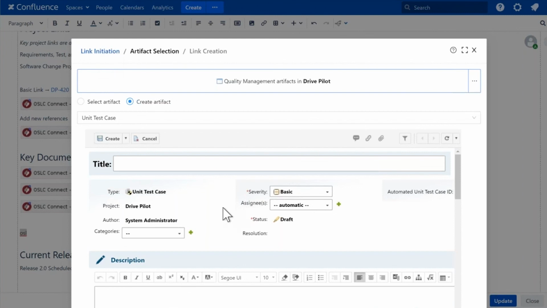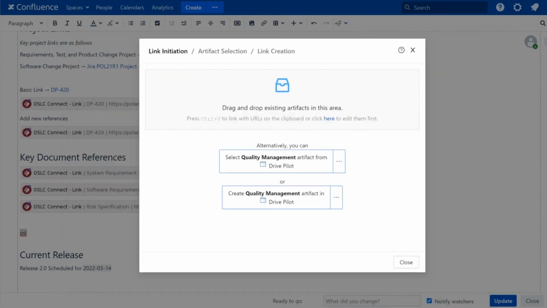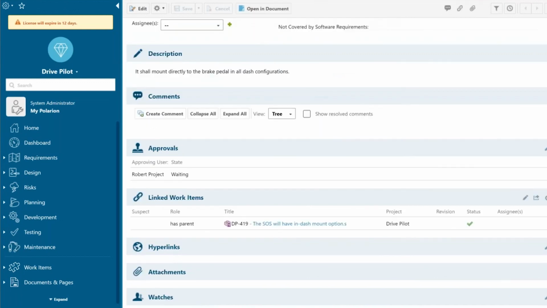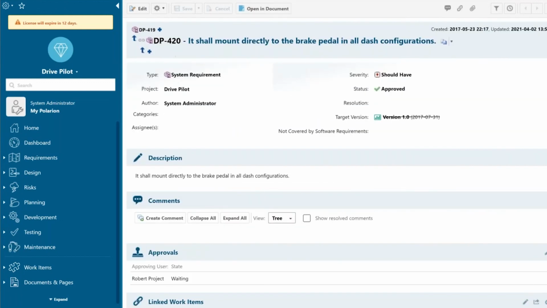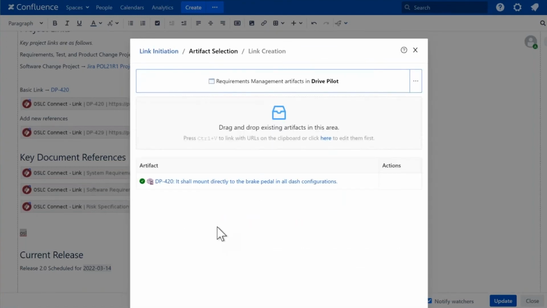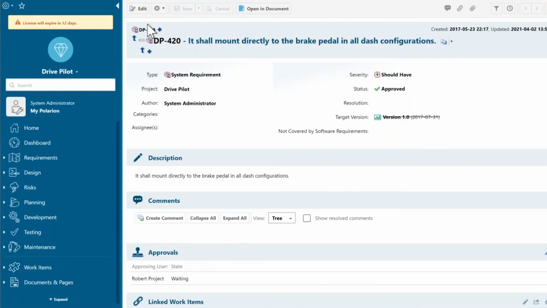And then one other thing, so now we have access to that. The other thing that we did that we knew was going to be important for a lot of our users was the concept of drag and drop. There are often situations where we have new artifacts, or we have artifacts we want to create a relationship to. We already have them open in one web browser. We just want to drag these over here if we want to create a link. The idea here is that we understand what that artifact type is, and we can simply drag and drop those artifacts over here.